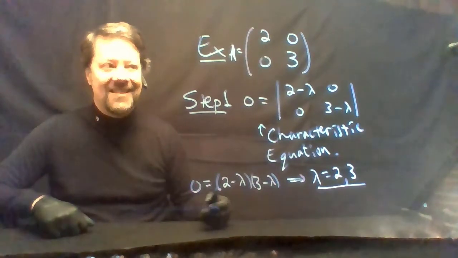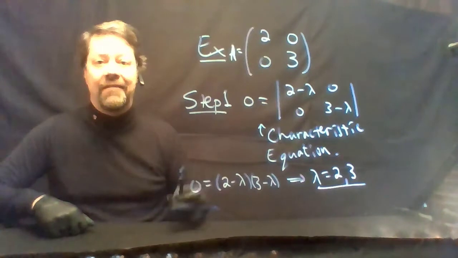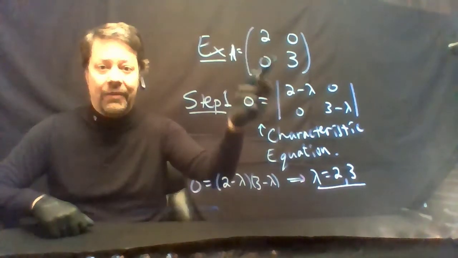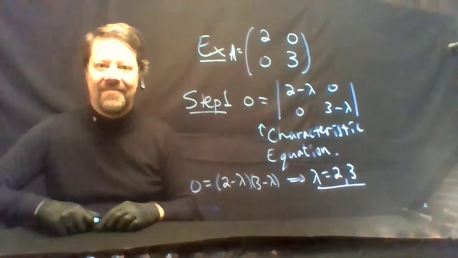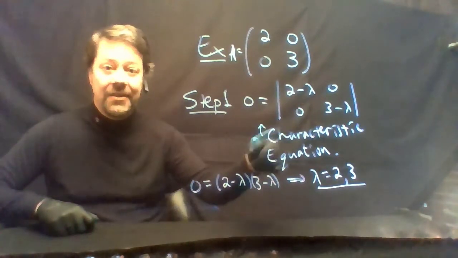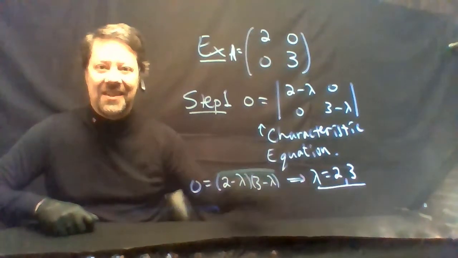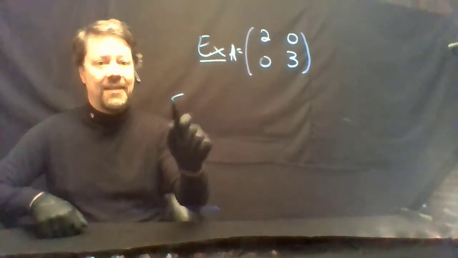That's not a coincidence. Anytime you have a diagonal matrix, you can tell what the eigenvalues are because they're sitting right there on the diagonal. That means, for a diagonal matrix, you don't need to do this step. Just jump right down to here and write down what the eigenvalues are. Step 2,